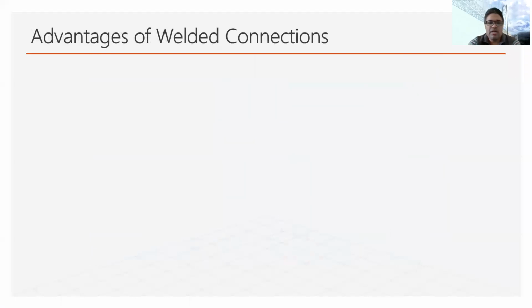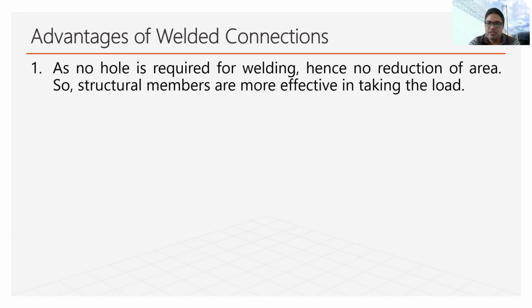So now we will talk about the advantages of welding connections. Welded connections have many advantages over bolted connections and riveted connections, so we will see them. So the first major advantage is there is no requirement of holes, and that is why the area of the steel plates is not reduced. As we have seen in the bolted connections, if we reduce the area, then the strength of the plate may decrease, and because of that the efficiency of the plate may decrease. So there is no requirement of holes in welded connections, and that is why this is a good thing, and because of that the efficiency of the joint can be increased.